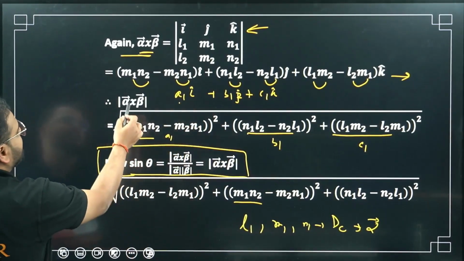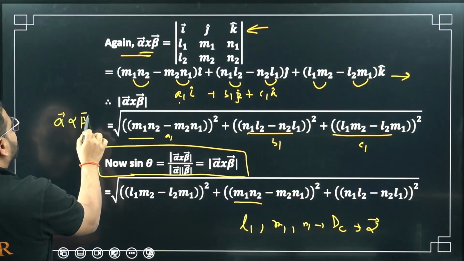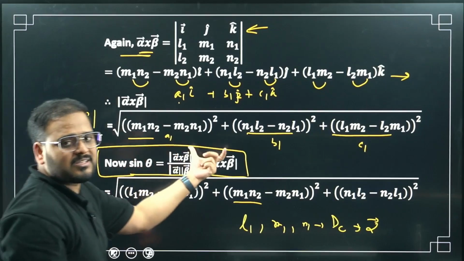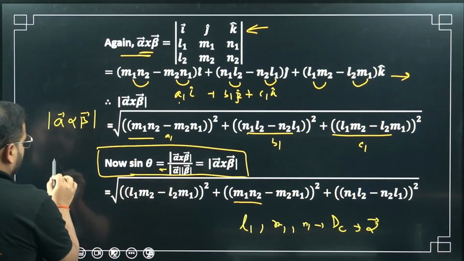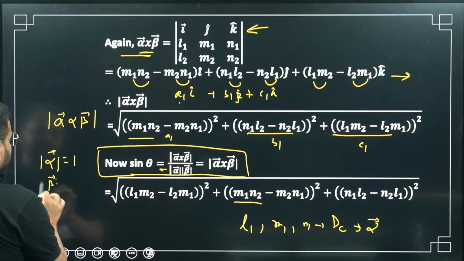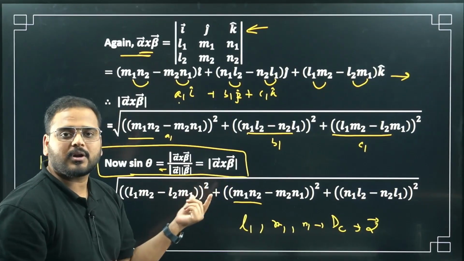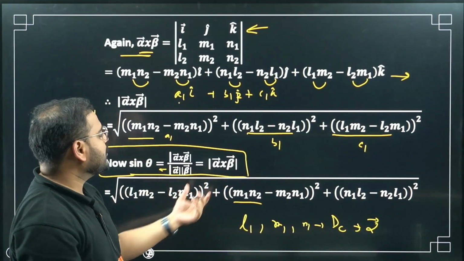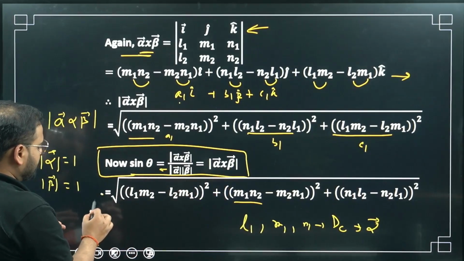What is this going to be? Tell me here. This is simply the magnitude of alpha cross beta vector. What are vectors alpha and beta? Let's check and tell me this value. Alpha vector magnitude is how much, sir? 1, and vector beta magnitude is how much? Again 1. So if you take this as 1, the denominator will become 1 only. So simply I'll write this whole thing as